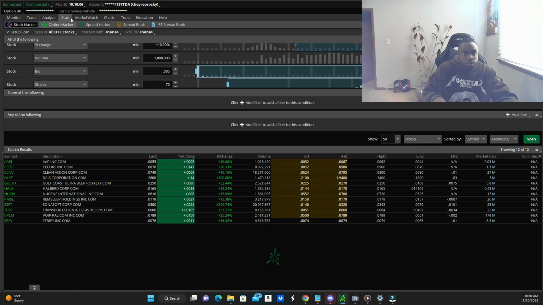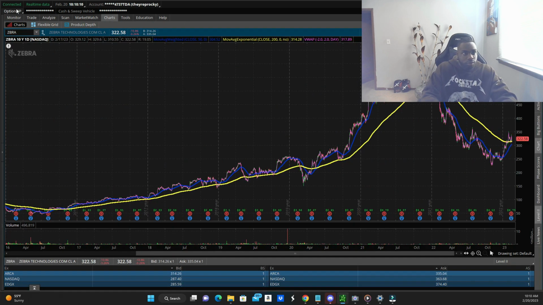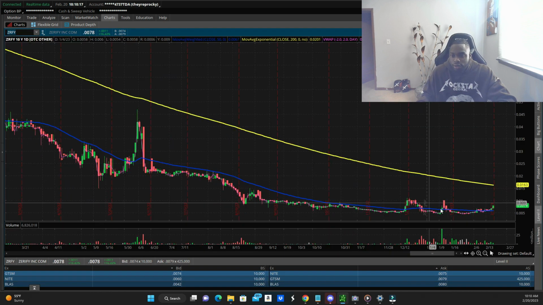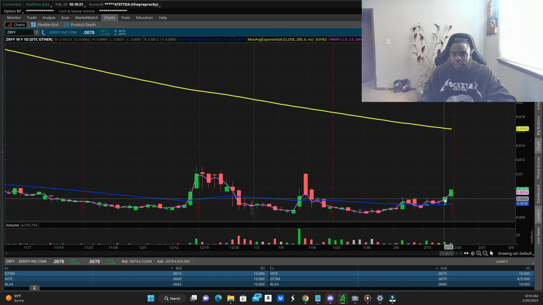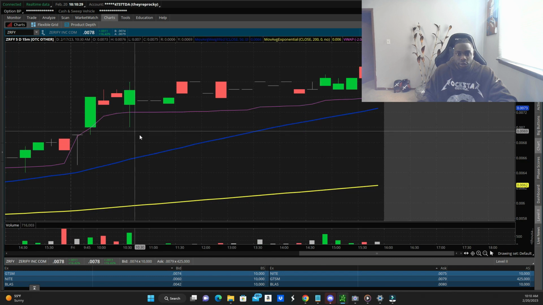And ZRFY. And boom, this is a nice chart. See, it broke over that 0.067 area. So I really want to watch this one going into the next day. On the 15-minute, it looks kind of wicky. You see it has these types of candles, meaning that there was basically no volume traded in it,